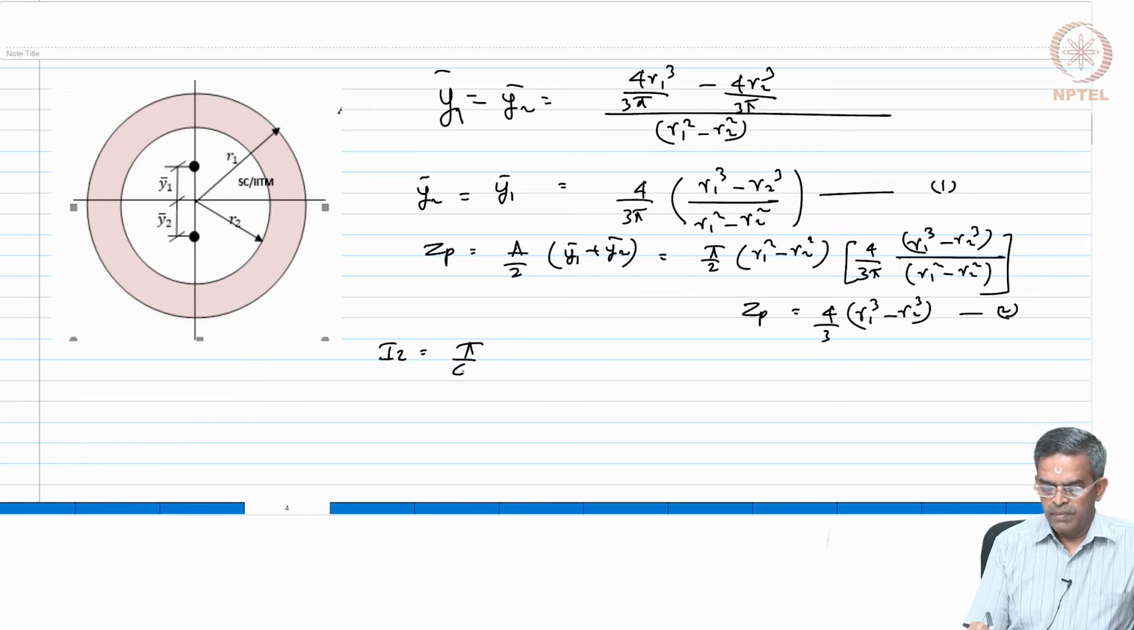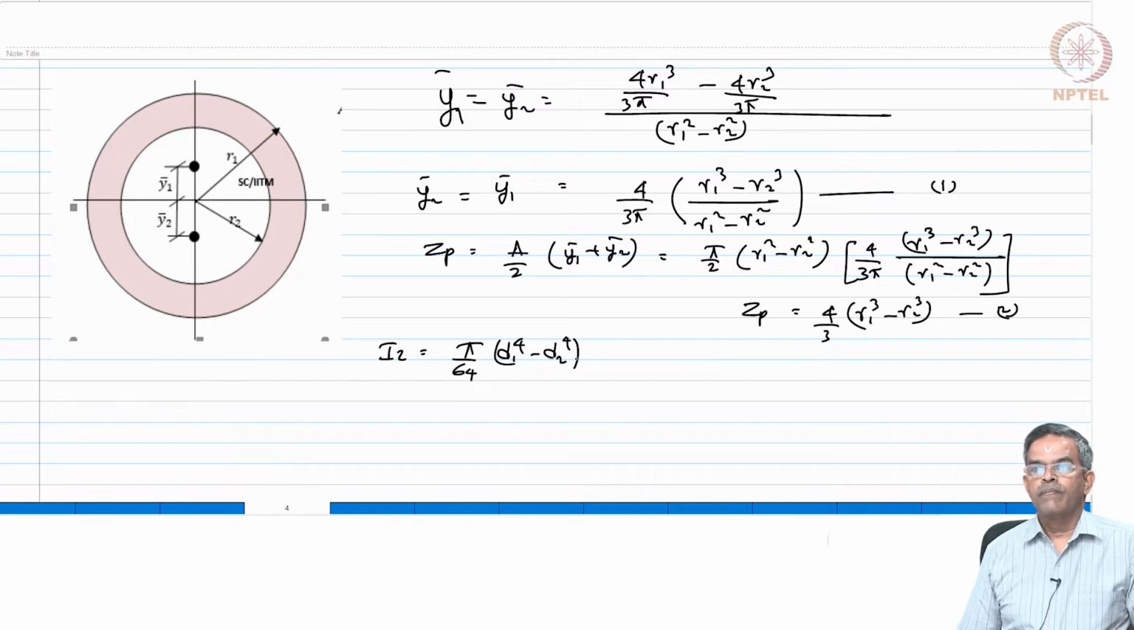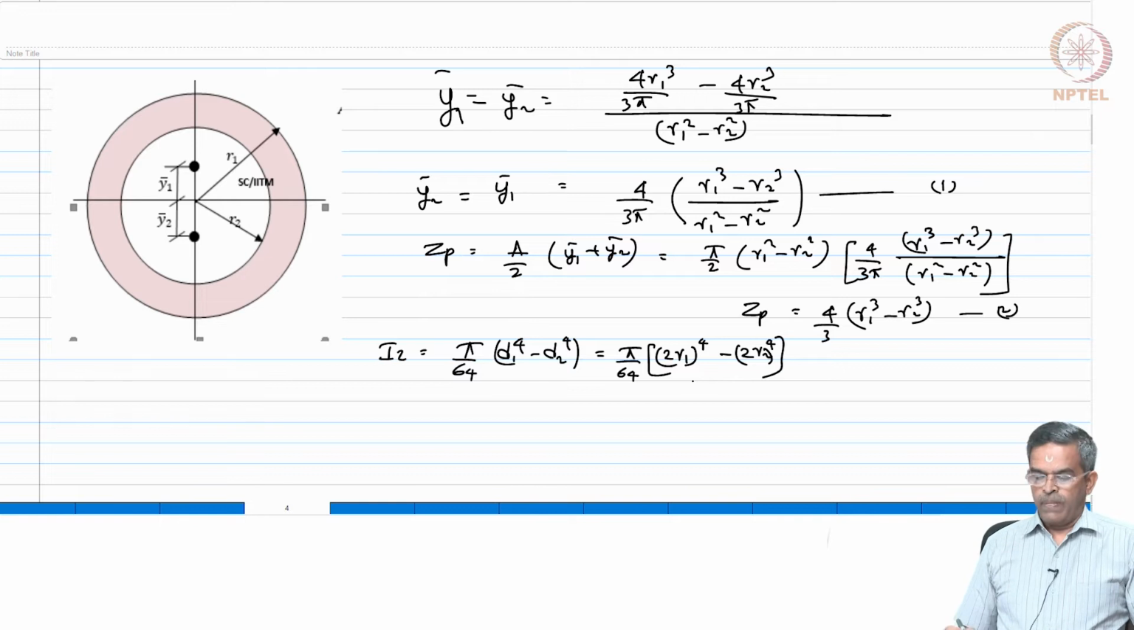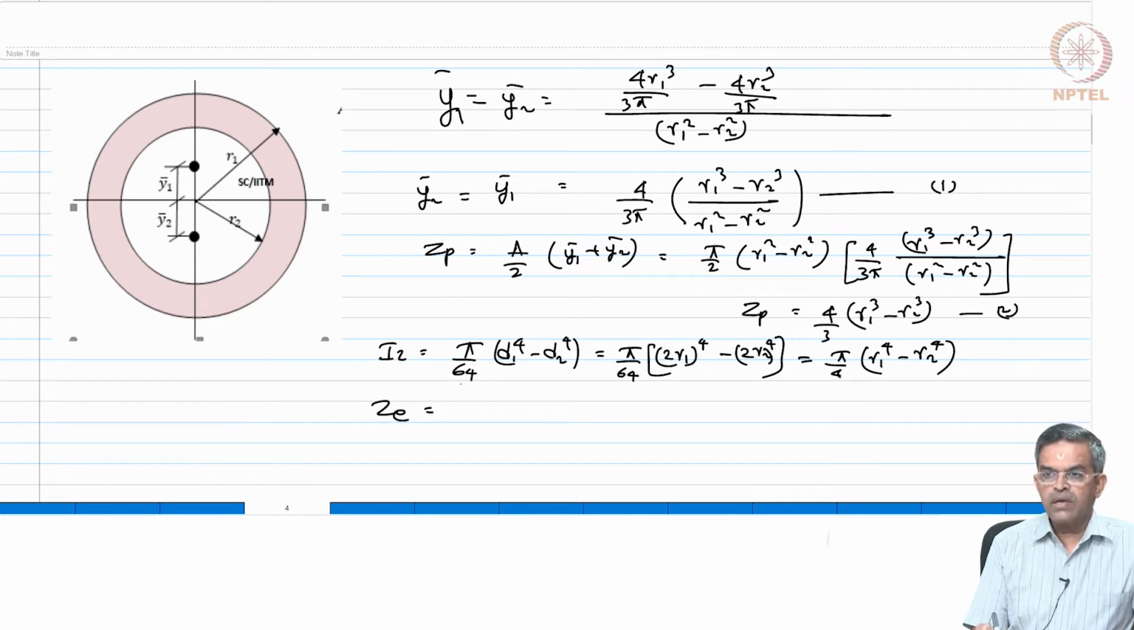Iz will be pi by 64 (D1^4 minus D2^4), which will be pi by 64 ((2R1)^4 minus (2R2)^4), which will become pi by 4 of (R1^4 minus R2^4). Okay. So, I can now find Z equivalent as